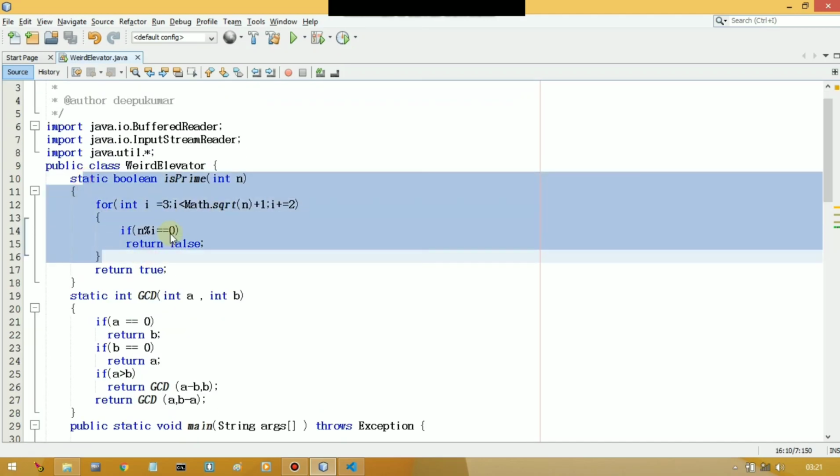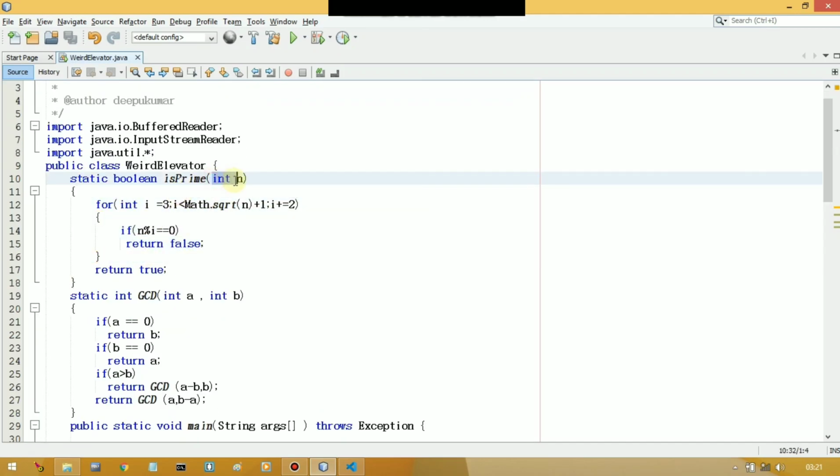So here is the prime function. Okay, so the int value will definitely be odd. So from i equal to 3 to math.sqrt of n plus 1, we will iterate the loop. We will increment the value of i by 2, because there are no even numbers, so there is no sense in incrementing it by 1. So from 3 we will go to 5 and 7 and so on. If n modulo i is 0, we will return false, otherwise we will return true.